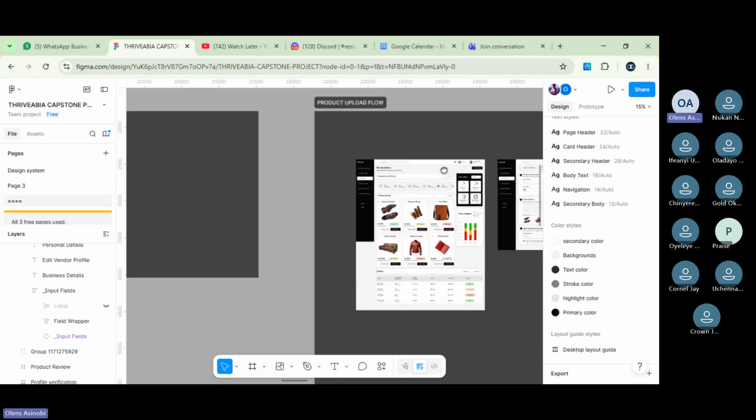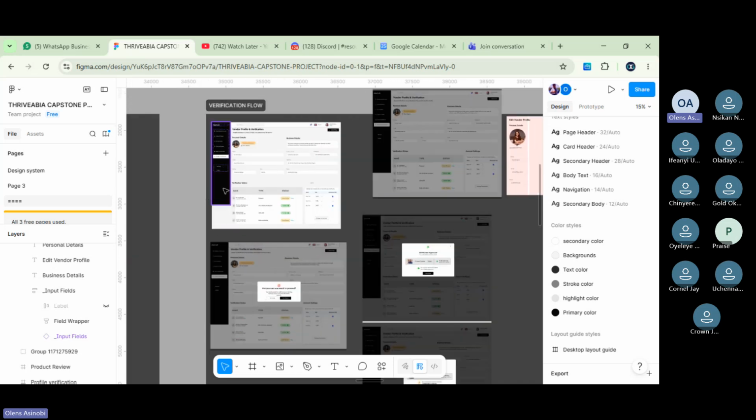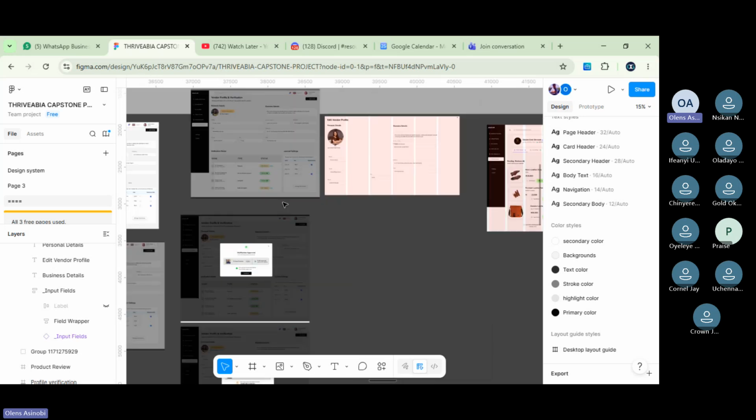When somebody comes to their profile screen, they should have a button to click, like upload documents or verify my account. That one is going to be later, but let's just show where they are uploading their documents so that this flow can be completed. Then you now focus on this one.